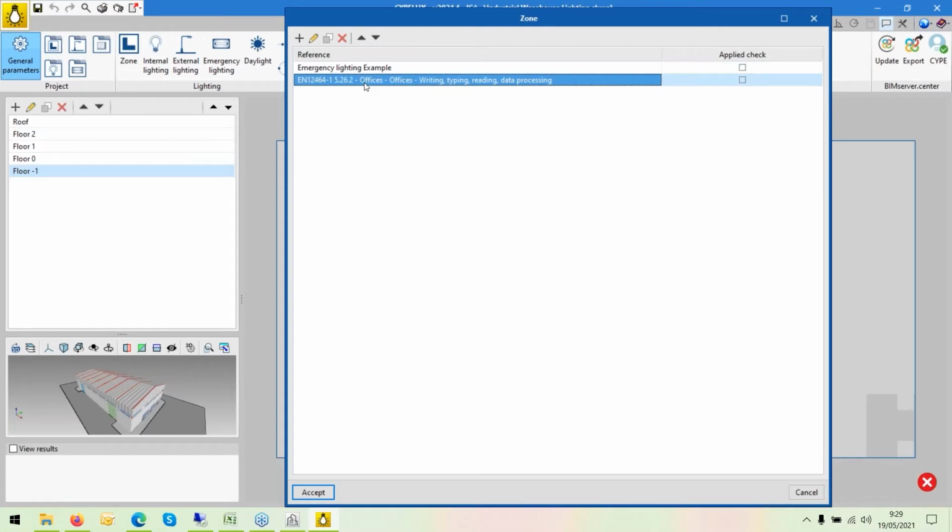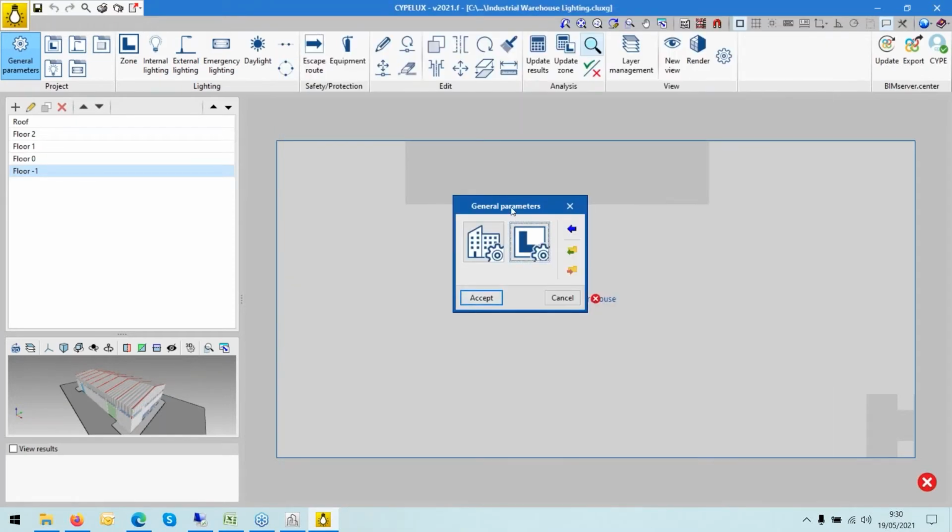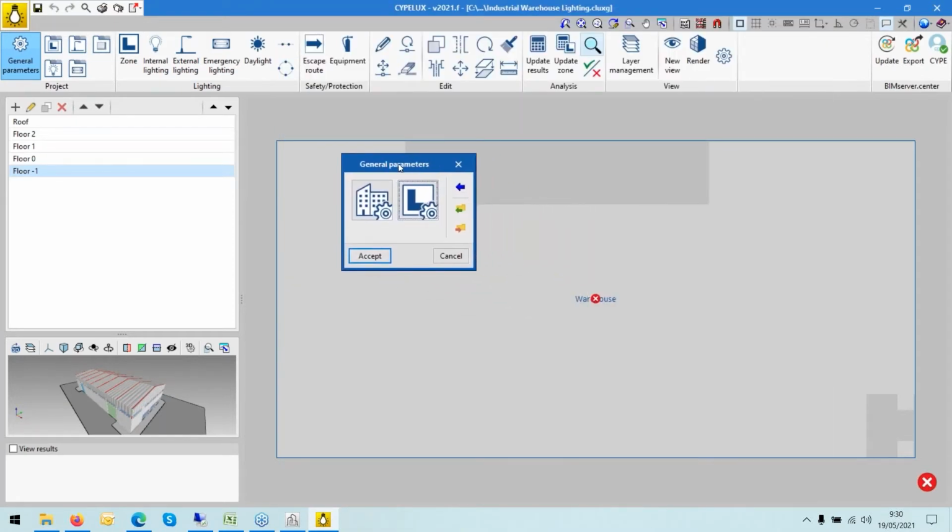So I only have two types of zones of requirements. Okay, one for emergency lighting, another for the normal lighting. For example, it's only a little example. Okay, imagine I have this. What I'm going to do now that we have finished with the general parameters,